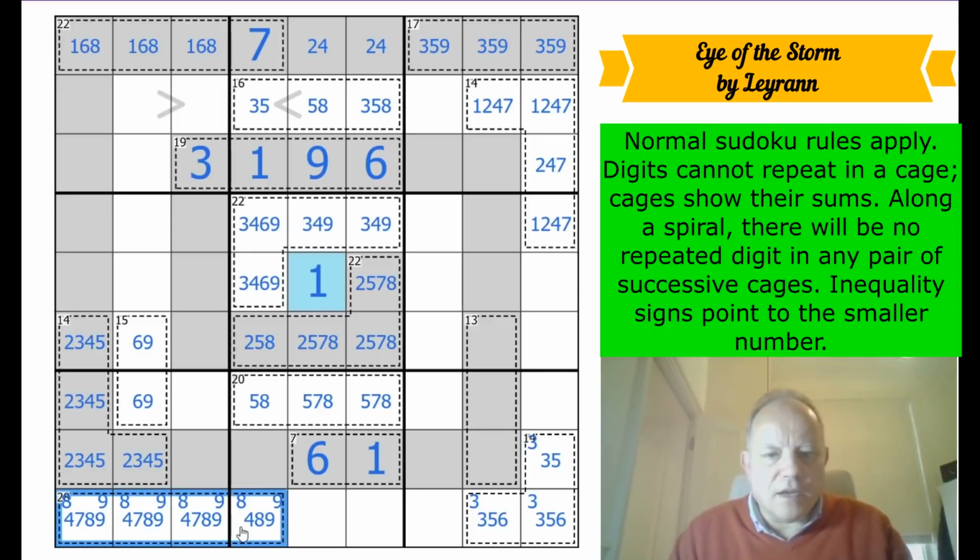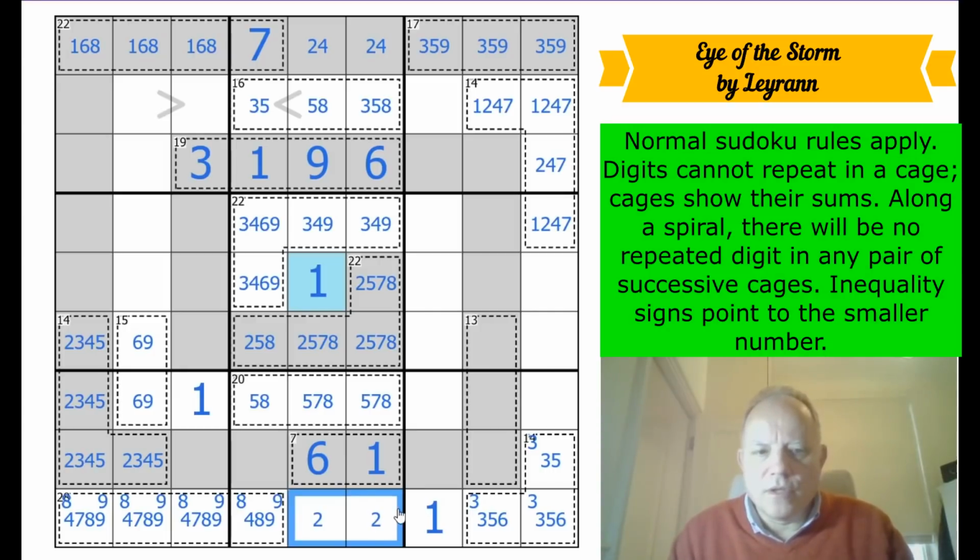4, 7, 8, 9. Oh, where does the 1 go in the bottom row? Got to be here. In fact, 1 also there. 4, 7, 8, 9, 1. So one of these is a 2. And the other is from... Oh, it can't be 6. Oh, so there's a 6 over here in these. Yes, I knew that. That's not thrilling. No,